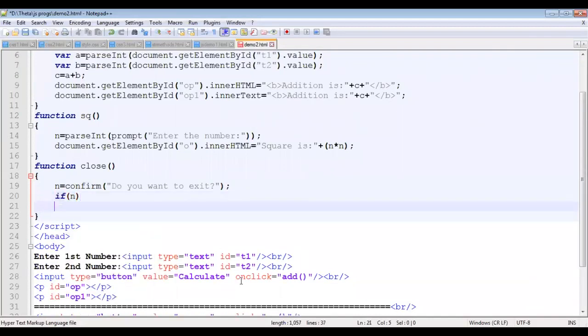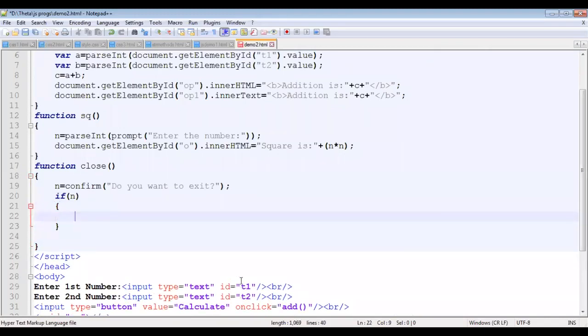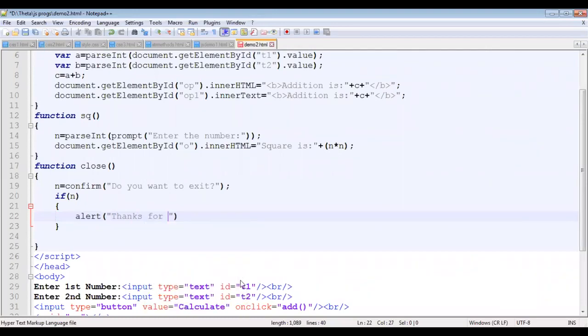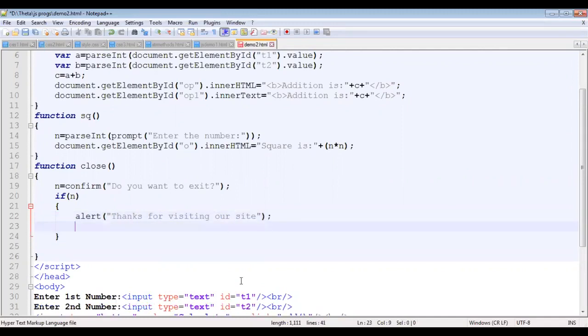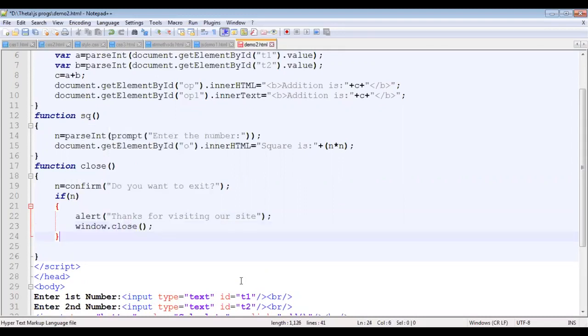Okay, so I will check if n, meaning if we say yes, I want to exit, then we will say alert, thanks for visiting our site. And then by using the predefined object window, we will close the current window.